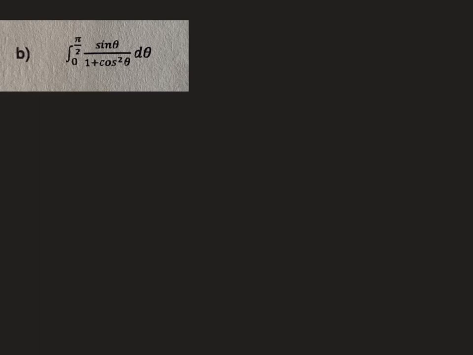Alrighty, let's take a look at this question. So we are going to integrate this. And when I first looked at this, I noticed the 1 plus cos squared, and then the fact that the derivative of cos is negative sine, which is the numerator of our integrand. So I'm thinking I do know that the integral of 1 over 1 plus u squared